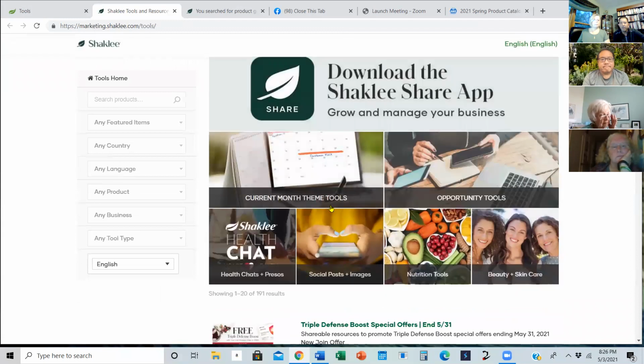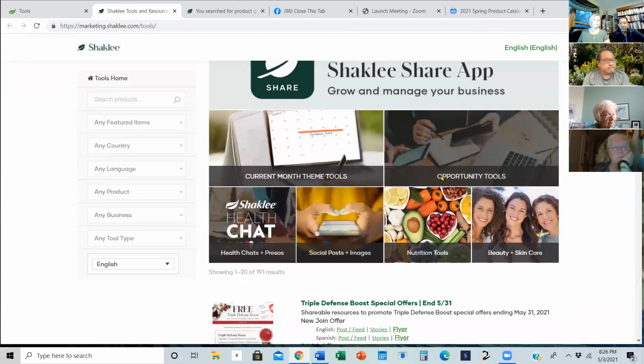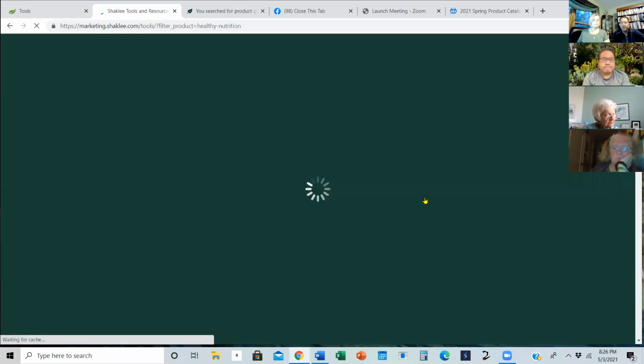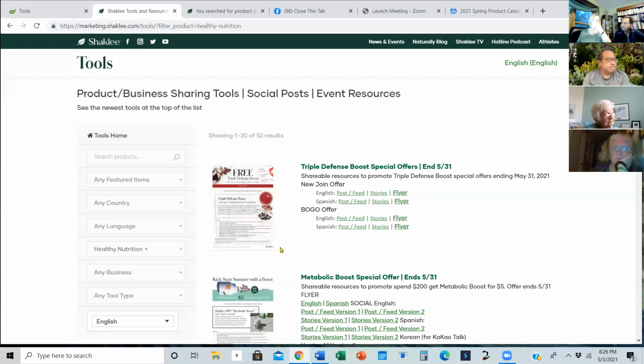Then they can go there and see the videos and all the products. Anytime they like what they see and want to order it, you'll automatically get credit for it, and it will be linked to you. You really want to get this stuff out. You don't want to shove it down people's throats, but you want to be consistent with showing Shaklee and things like that.